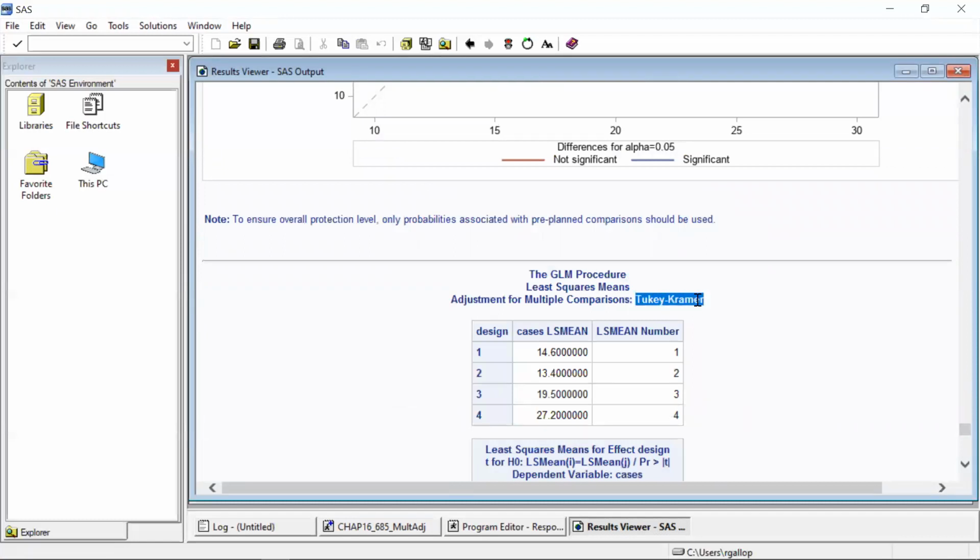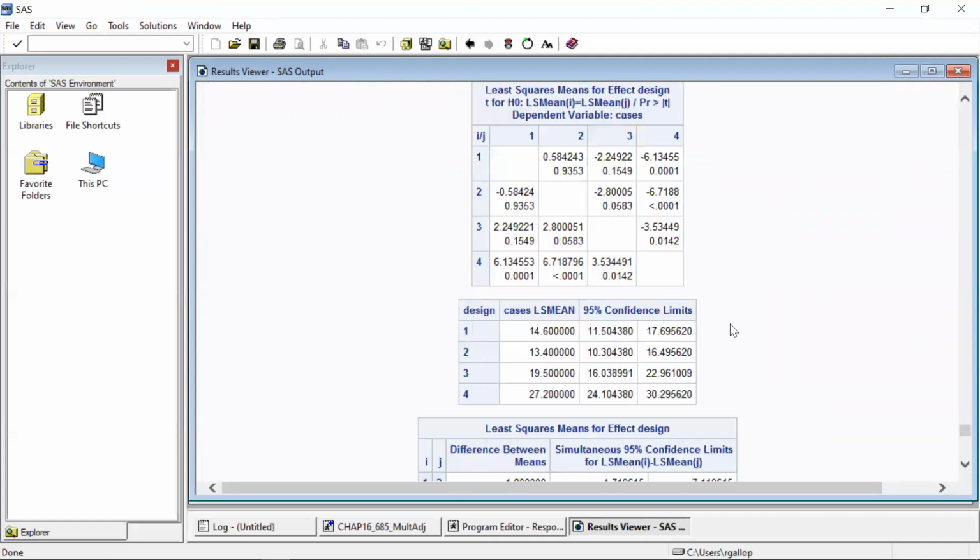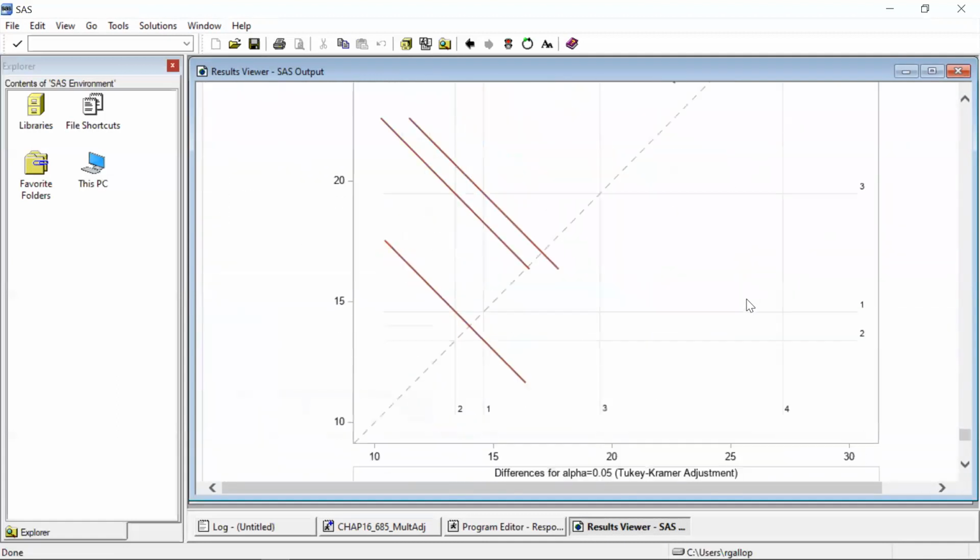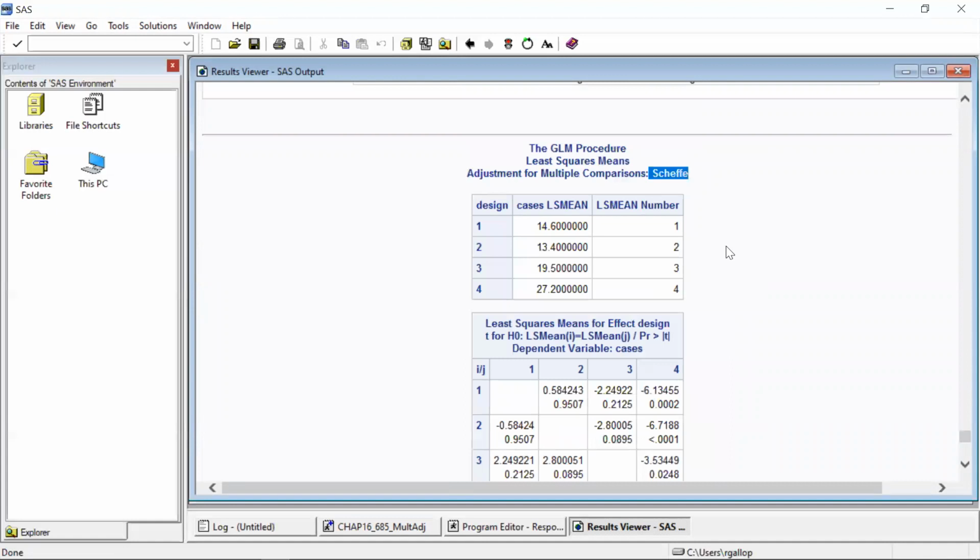LSMEANS adjusted Tukey-Kramer, because remember the Kent data 5545, so we have the unequal cell size. So Tukey-Kramer is going to do the Tukey adjustment for unequal cell size. Scheffé